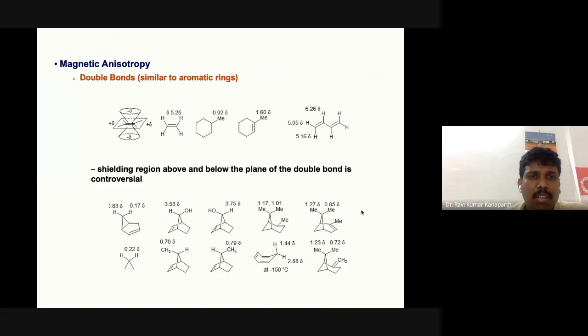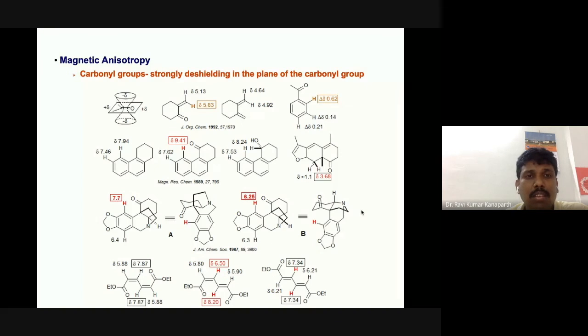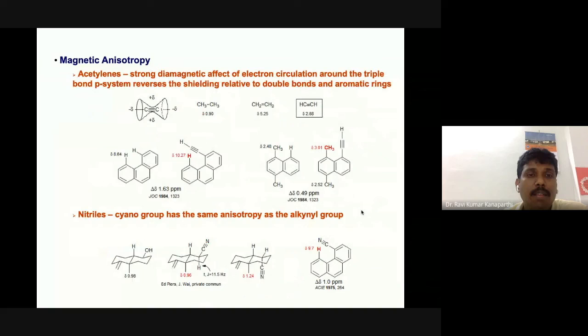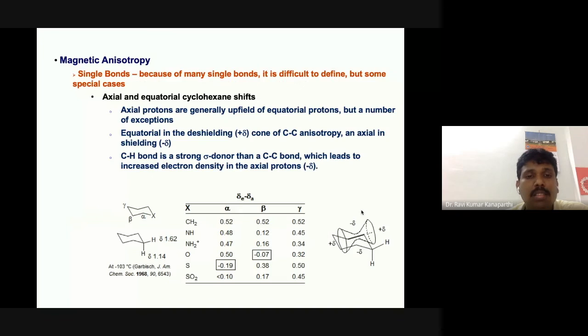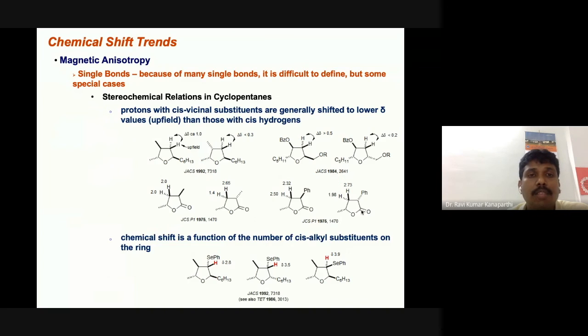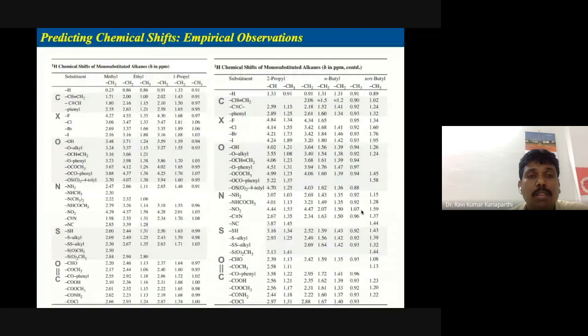Several examples are there of this kind. Probably we don't have much time to discuss case by case. Probably I can take up all these things maybe in the next semester. For the time being, you can just remember and read these concepts. Nothing more is required. Just to introduce the anisotropy and just to know the anisotropy is sufficient. Fine details we can discuss as a part of the next course.